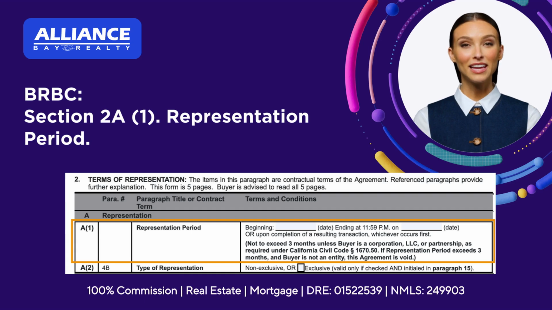2. Ending date at 11:59 p.m. Enter the end date of the agreement. After 11:59 p.m. on that date, the representation period is over unless there's a separate continuation period under 2E3. 3. Or upon completion of a resulting transaction. Explain that if the buyer successfully closes on a property before that end date, the representation period ends when that